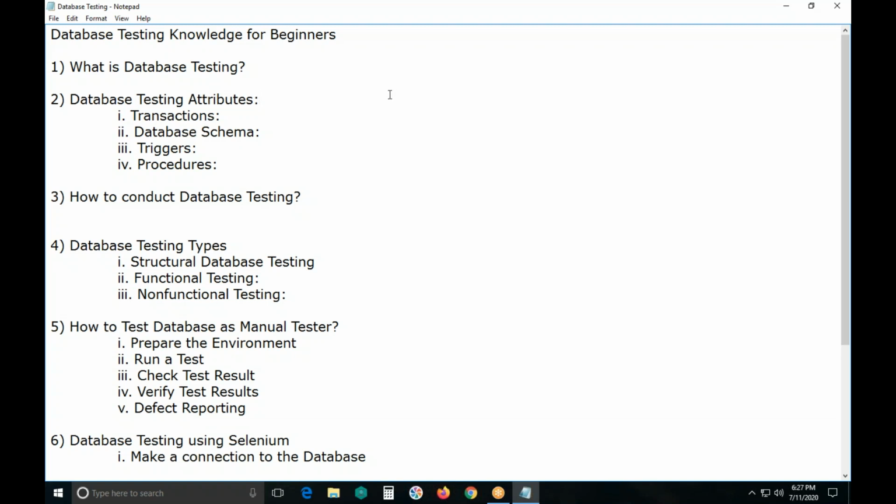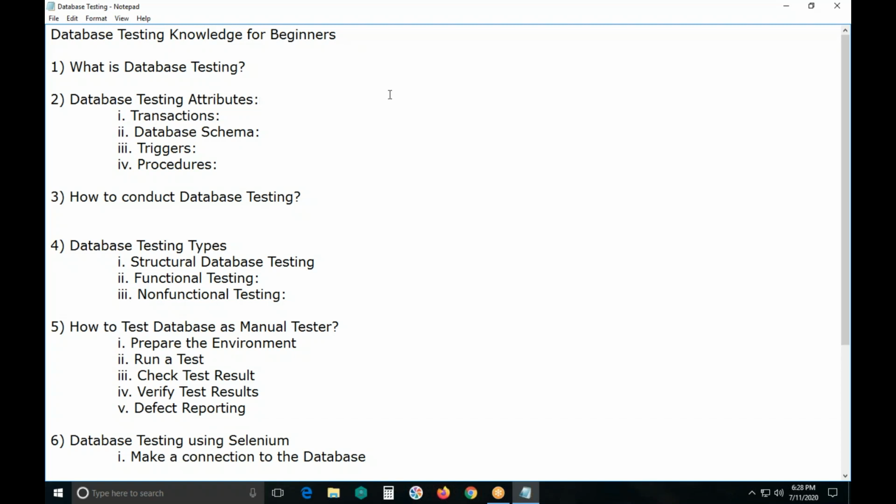Say we have two types of databases. One is SQL databases. SQL databases support tabular format, rows and columns. The other is NoSQL databases.